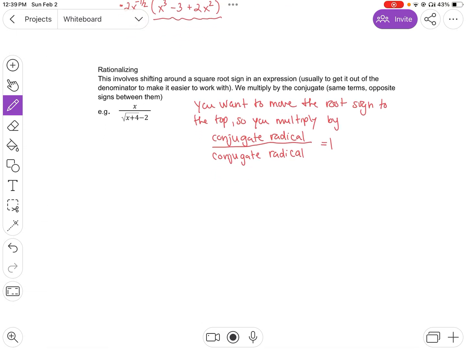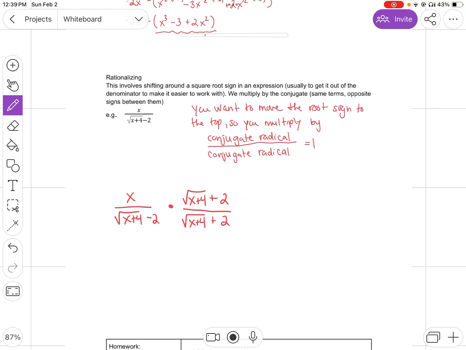So we start with x over top of x root x plus 4, and then we've got that minus 2. So we're going to now multiply by our conjugate. So that's going to have the same term at the front and the same term at the back, but now we've got a plus in between them. And then we need to make it into a fraction with that same thing as our denominator, so that really this whole thing that we've been multiplying by just simplifies down to 1. So we're not actually changing our original expression. And so